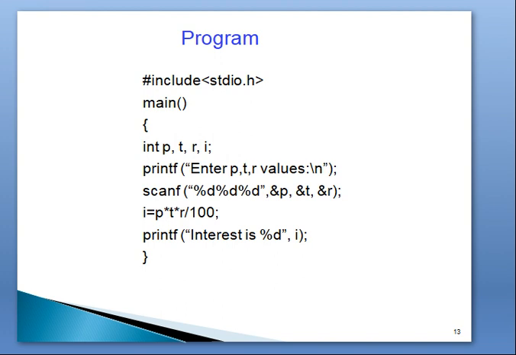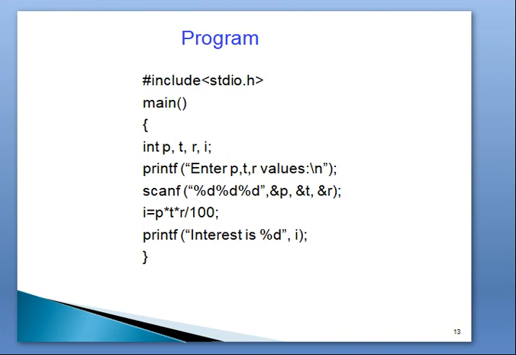The output of the program is same. The purpose of the program is same. The purpose of the program is to find out the simple interest. In the first program, we used to find the simple interest only. The length of the program is 15 lines. Here, the length of the program is approximately 9 lines.